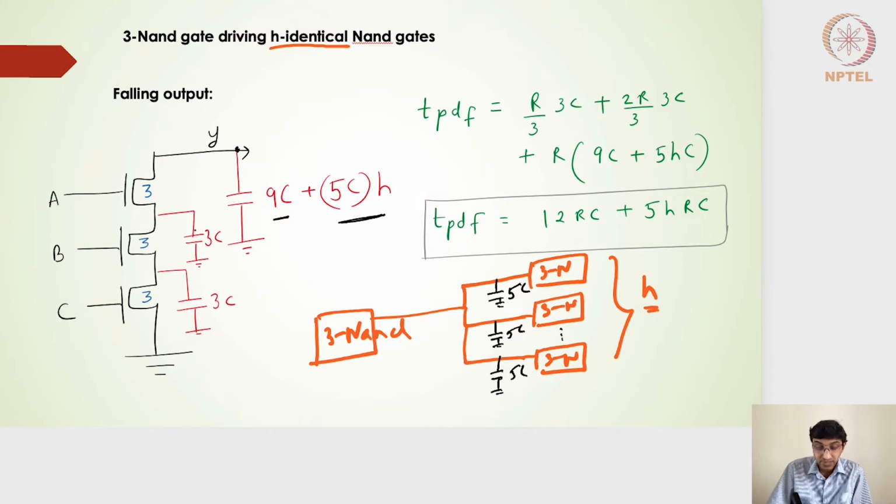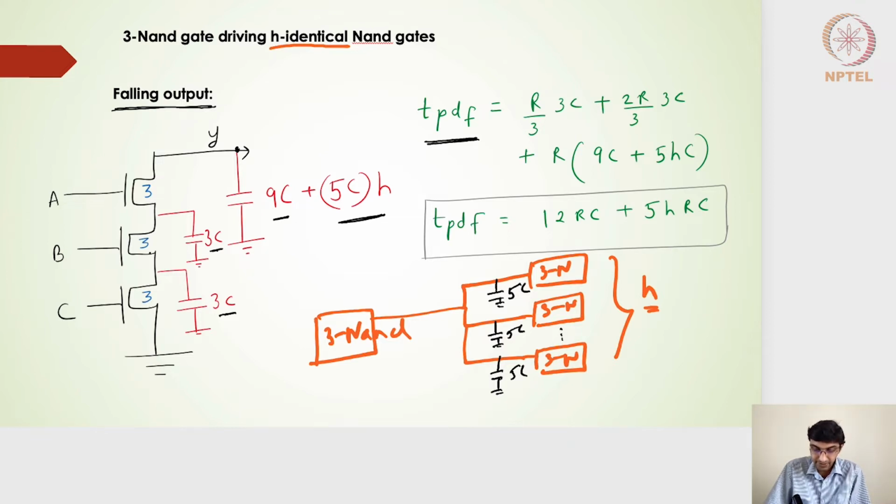Its own internode diffusion capacitance, also called merged uncontacted diffusion capacitance, is 3C, and then 3C here. I've drawn it only for the pull-down circuit because I'm considering only the falling output at this stage, and I want to estimate the propagation delay for the falling output. One can use the Elmore delay method to estimate the propagation delay for the falling output. The transistor C, which is closest to the source, is going to contribute a switching